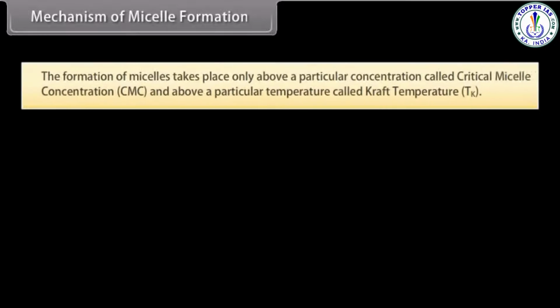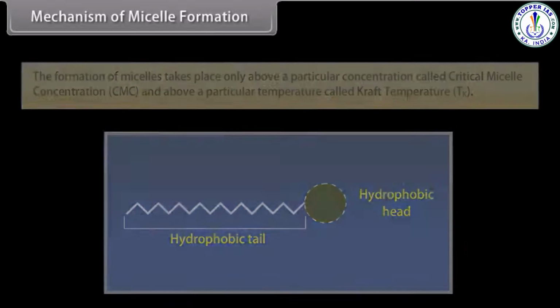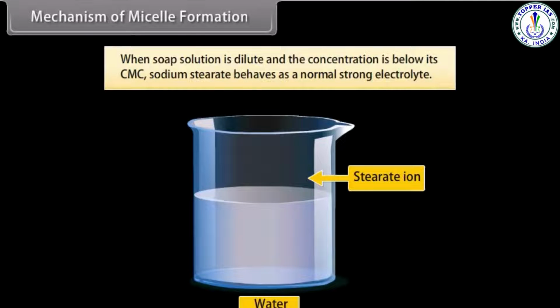Mechanism of micelle formation. The formation of micelles takes place only above a particular concentration, called critical micelle concentration, and above a particular temperature called Kraft temperature. Micelles are formed by surfactant molecules. These molecules have lyophilic as well as lyophobic ends. For example, sodium stearate. When soap solution is dilute and the concentration is below its CMC, sodium stearate behaves as